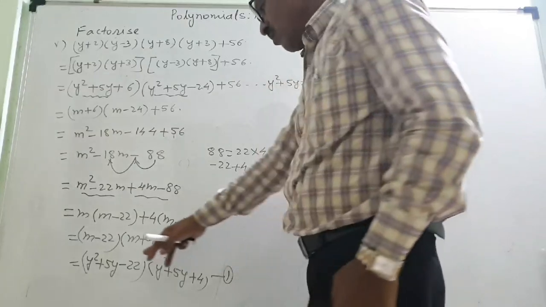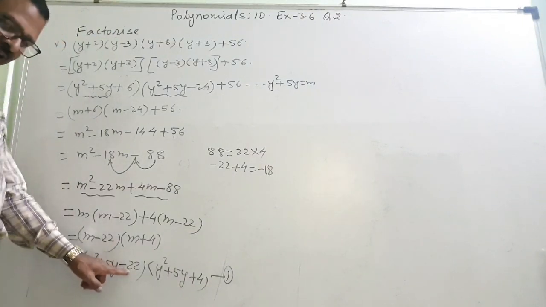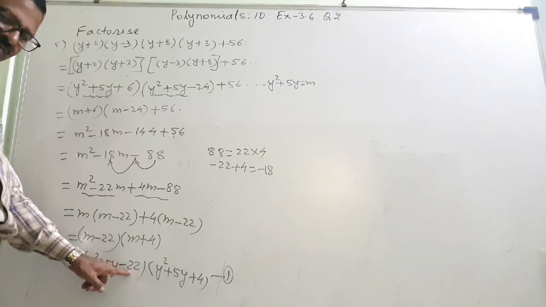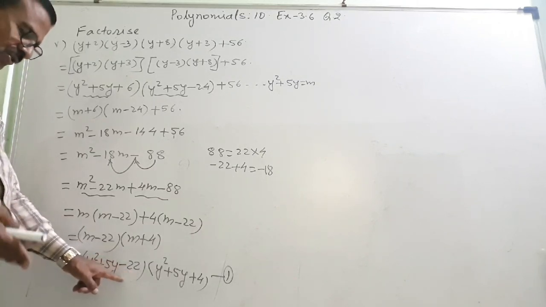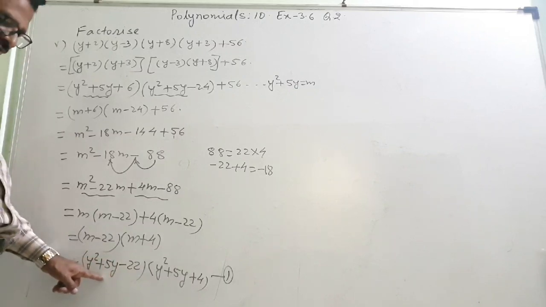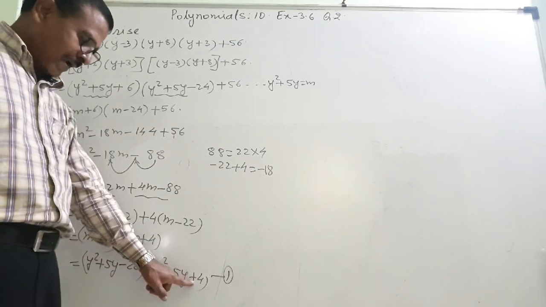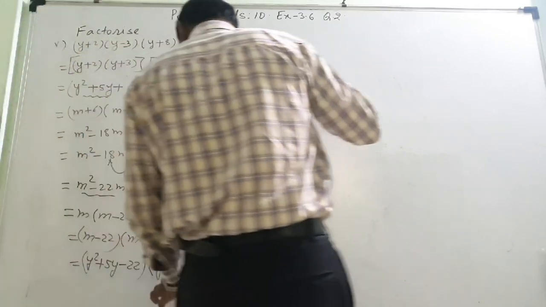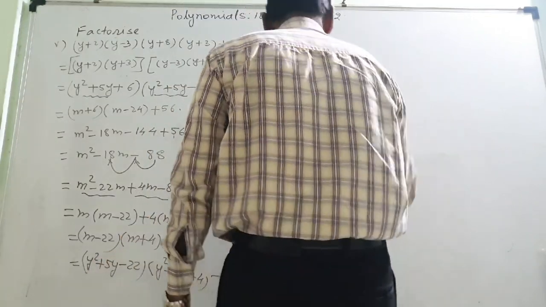So now one by one I will solve. Find the factors of 22 such that their subtraction is 5. The factors of 22 are 22 and 1, and another is 11 and 2, and their subtraction cannot be 5. So only this much I will consider, not this, because this is not possible to factorize further.